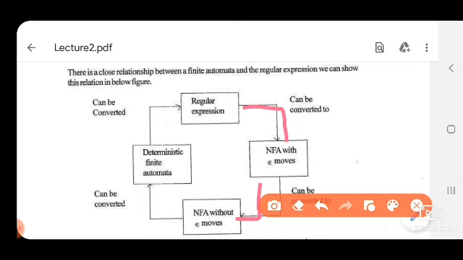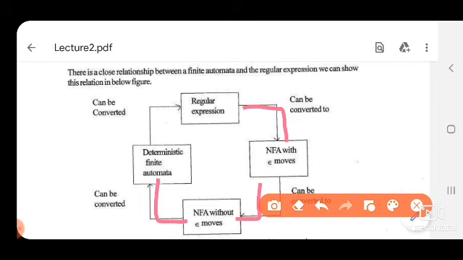And after converting to an FA without null moves, we convert it into a DFA. Or finally, if there is a possibility to minimize the DFA, then we minimize it. And finally, we get the DFA from the regular expression.